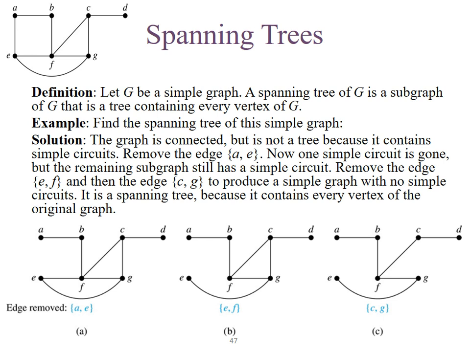So in this case, if we have 3 simple circuits, the first step is to remove the edge A, B. Then we can make A, B, E, F, A, this simple circuit, disappear as we remove edge A, B. Alright, and then we still have simple circuits here. So how about remove edge E, F? In this case, the simple circuit we had right here does not exist anymore. And lastly, C, F, G, C is a circuit. If we remove the H,